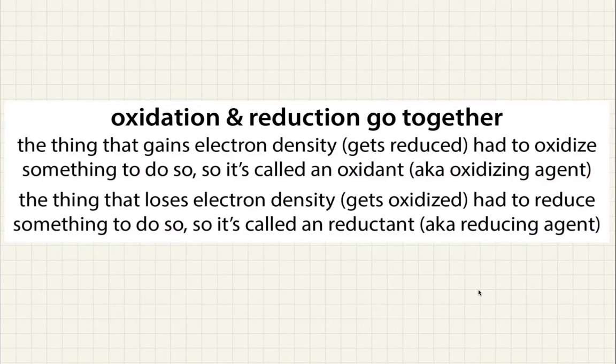And the thing that gets oxidized, the thing that is losing electrons, well, it had to reduce something to do so. It had to give those electrons to something. So it's called a reductant or a reducing agent. And so some common reducing agents that you'll see in the lab